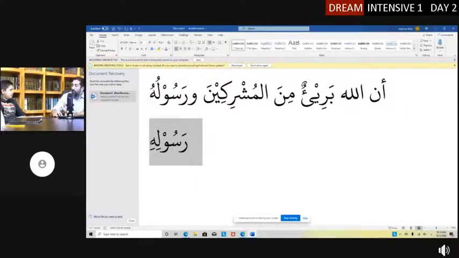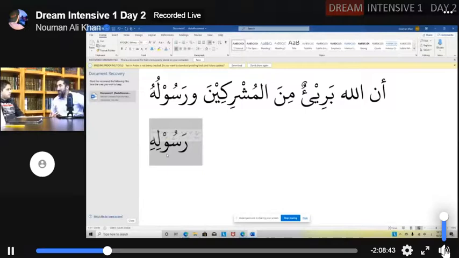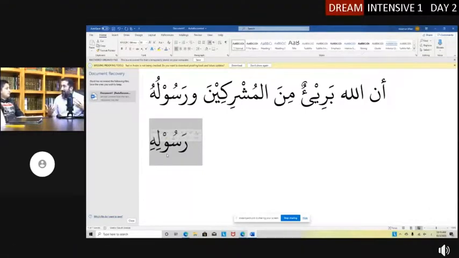So when you read this incorrectly as Rasulihi, and I'll explain this later when you get a little more advanced, why could it be Rasulihi? The person wrongly memorized Rasulihi. Yeah. And when they wrongly memorized it and somebody was reciting it, a person heard it and said, well, if you say Rasulihi, you know what the meaning becomes? Allah is cutting himself off from the mushrikeen, the people who do shirk, and Allah is also cutting himself off from Rasulullah Sallallahu Alaihi Wasallam. The person was wrongly reciting it, and a person heard it and said, well, if Allah wants nothing to do with his messenger, then I want nothing to do with him either.